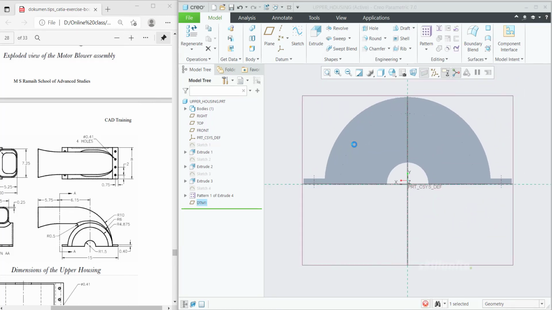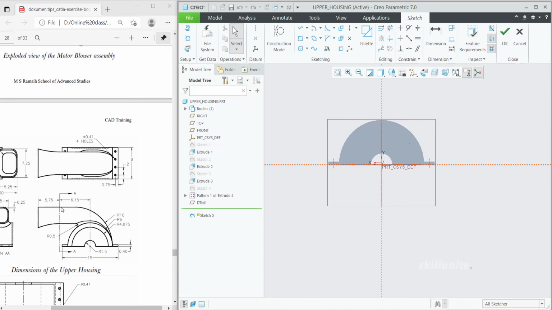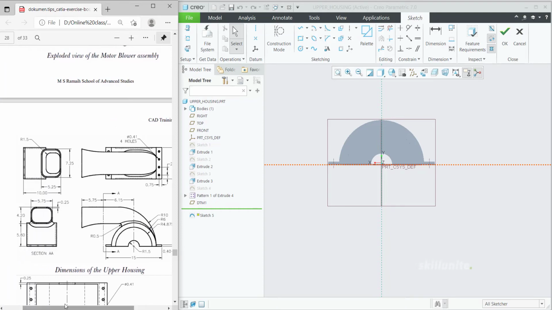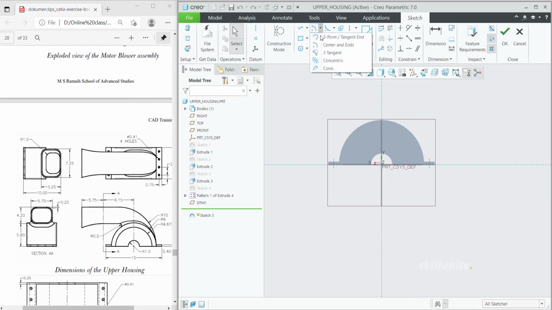In this sketch we need to make this one, because this is our path. As you can see on the left hand side, they have given the cross section exactly on that cutout. What is the cross section, everything they have mentioned. So that is the profile and this is your path. The option we can use is the sweep option. For sweep, I just need to create the path. So let me create the path.